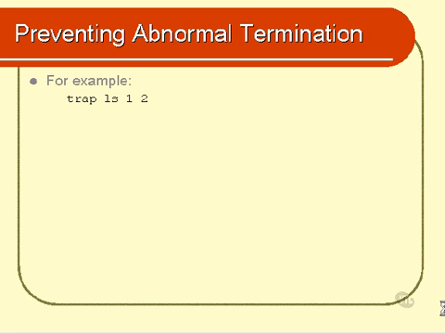We're going to run the ls program upon receipt of either signal 1 or signal 2. So that's pretty much all there is to it. You put that line at the beginning of the script, and any time a signal 1 or signal 2 arrives at the script, the ls program will be simply run, and then the script will resume its processing that it